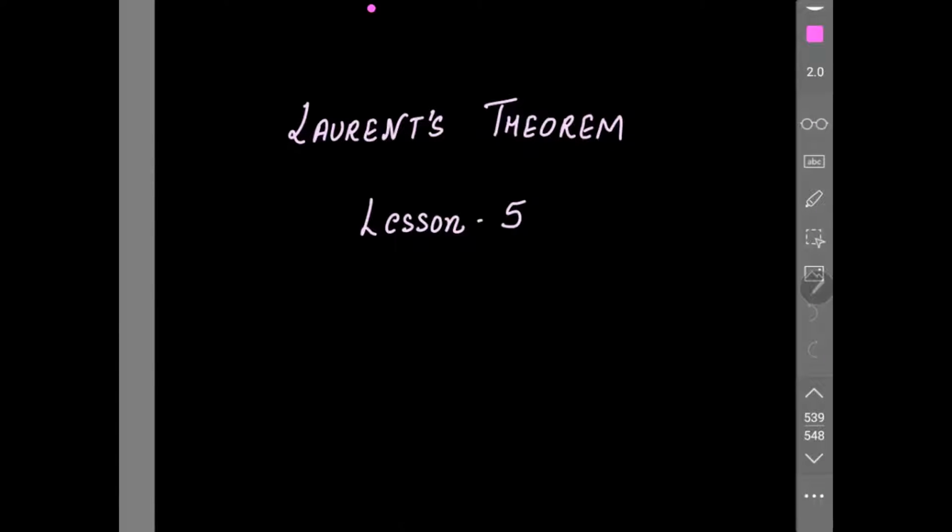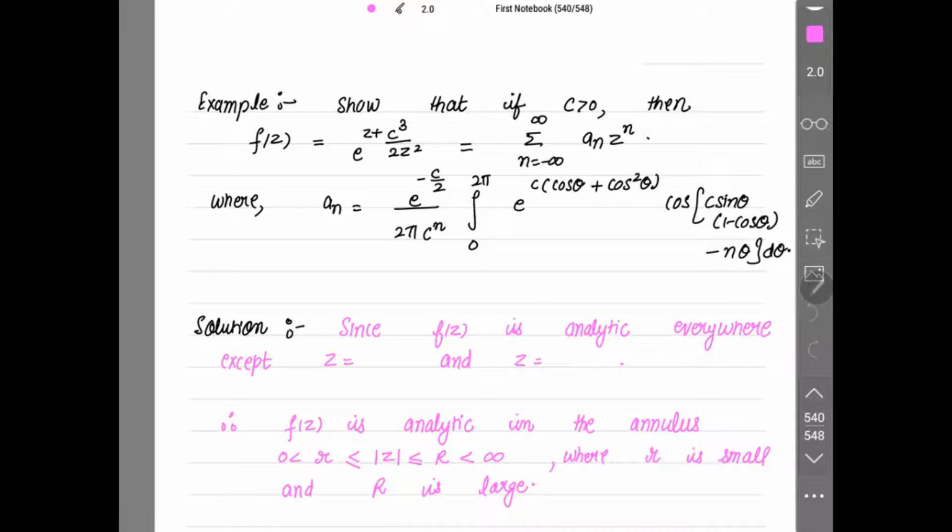Yes, good morning. Laurent's Theorem, Lesson 5. Example: show that if c is positive, then f(z) is equal to e raised to the power z plus c cube over 2z square, is equal to the summation from minus infinity to infinity of a_n z to the power n, where the coefficient of z to the power n, that is a_n, is equal to